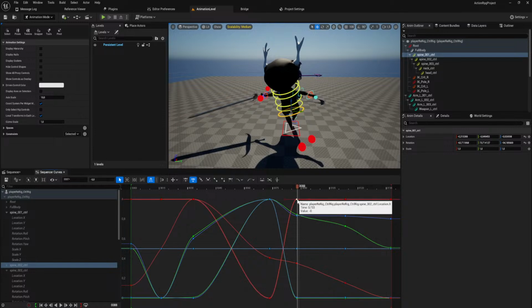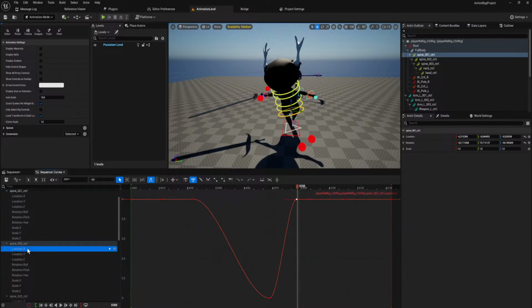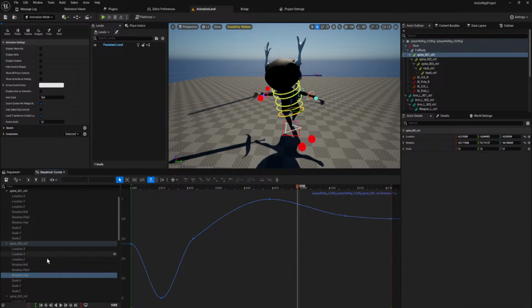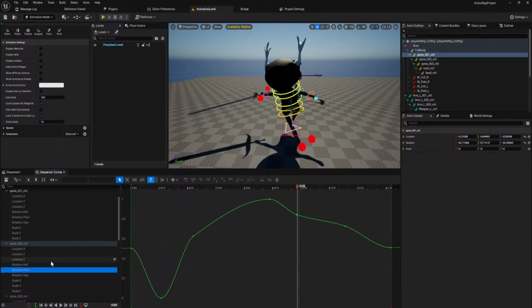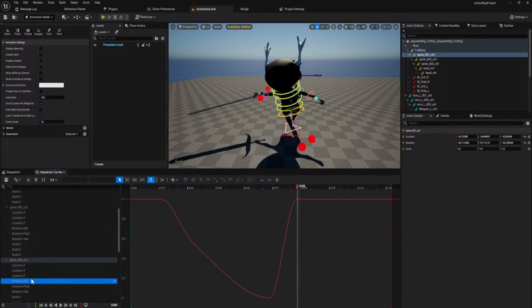Is it this? I think it might be this one. No, that's a position keyframe. It's definitely a rotation keyframe that I'm looking for. None of this is super steep. It might just be a combination of multiple keyframes stacked on top of each other, all doing a little bit of extra movement.